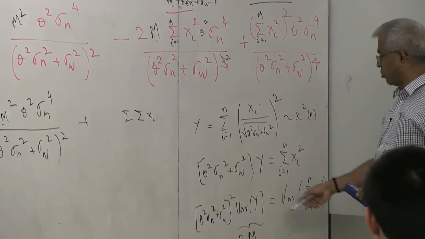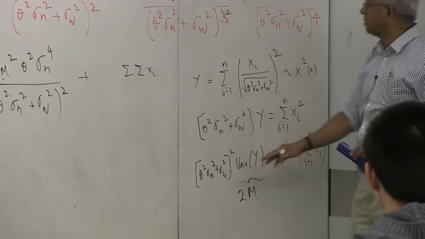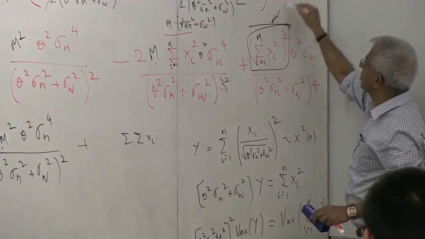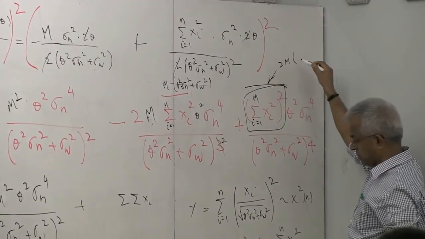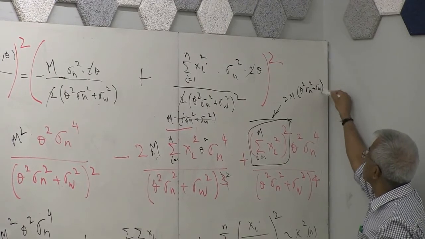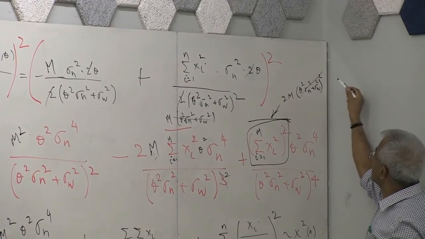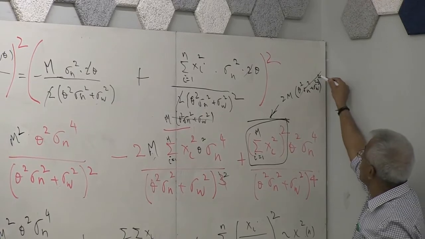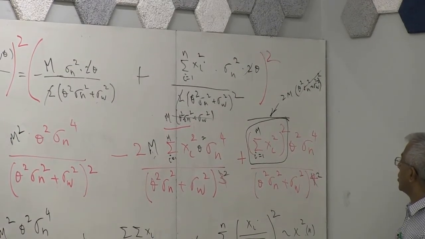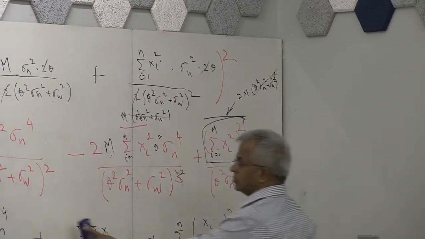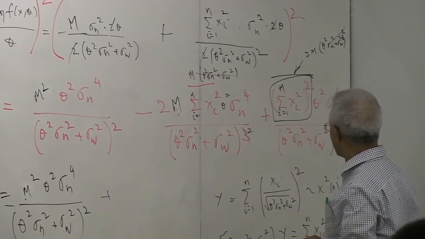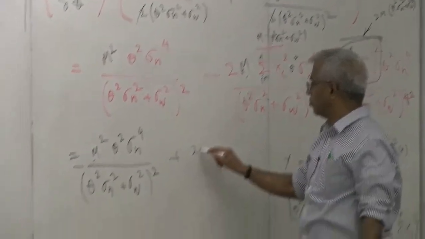So now the answer is here, 2m multiplied by this. So you plug it in here. So this whole quantity, if I am not mistaken, is 2m multiplied by theta squared sigma n squared plus sigma w squared, the whole squared. This cancels with this, you get power 2. So the answer turns out to be 2m